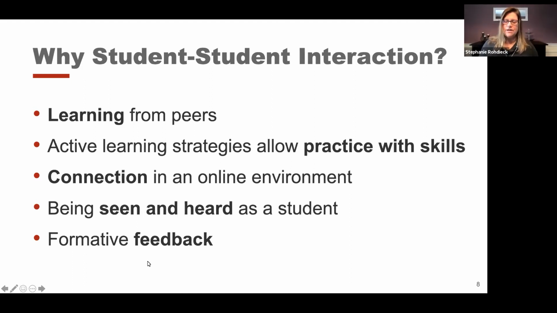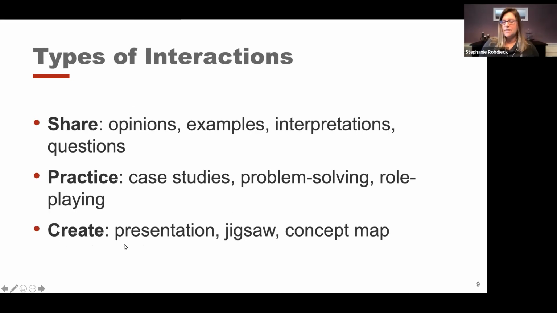And then I also want you to think about, as we move along today, how we can use this tool, the breakout rooms, and getting them to participate and interact with each other. How do we use that for formative feedback? What I mean by formative feedback is it's not a quiz or assignment that we may give points to, but it is a way that we can learn from. So formative feedback means we're getting some cues about how well they're learning or not. There are lots of different types of interactions that we could be doing in our Carmen Zoom spaces.